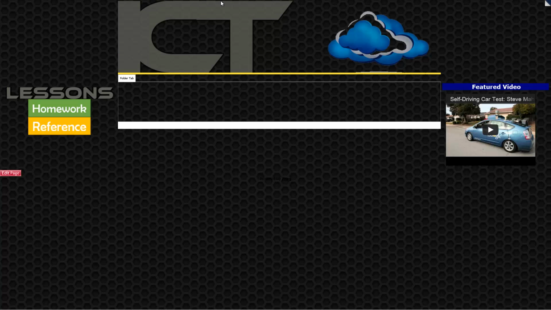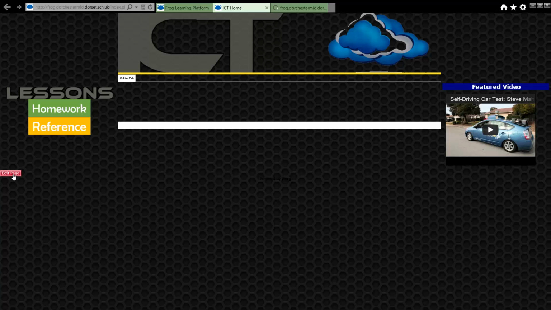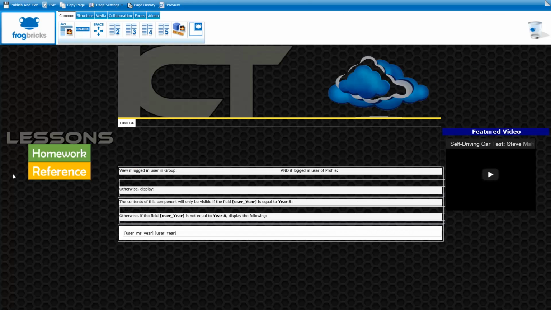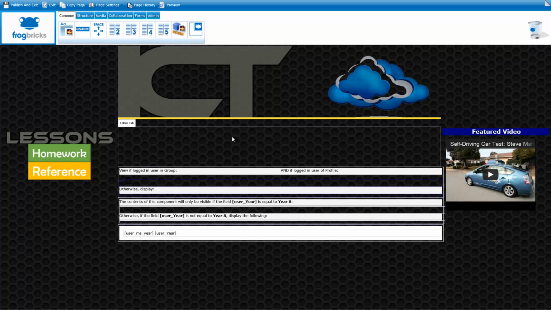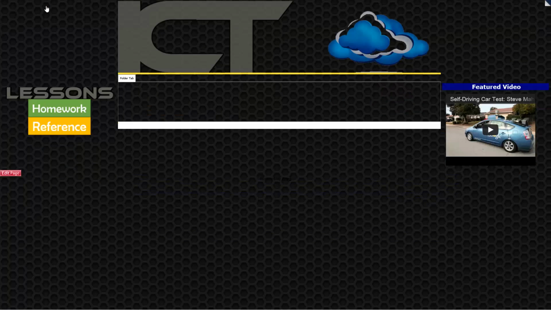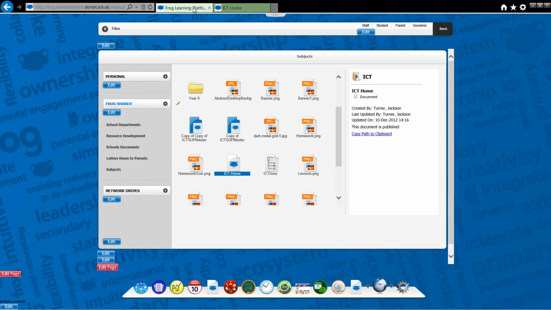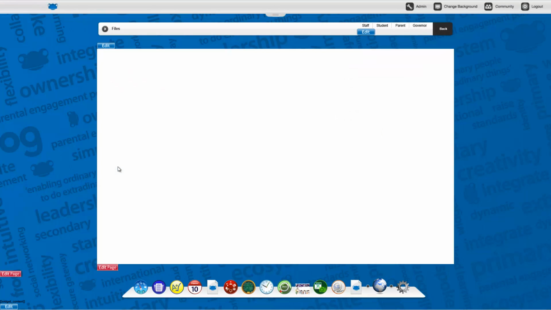Notice that the top and the bottom bars are gone. That's because I'm editing only this Frog page. And if I go to the red edit button, I can open it up, and now I can see the areas that I'm allowed to edit. I'm going to exit out of this because we're not going to talk about editing Frog pages today. I'm going to go back to the subjects area